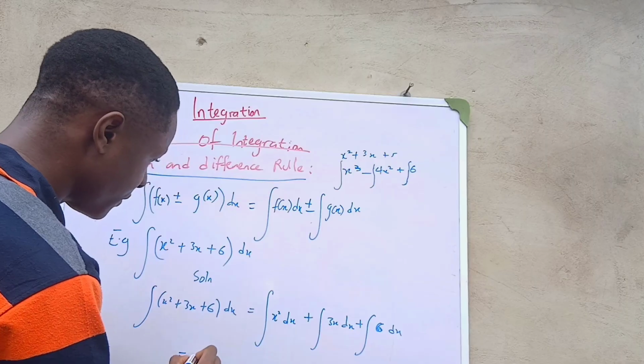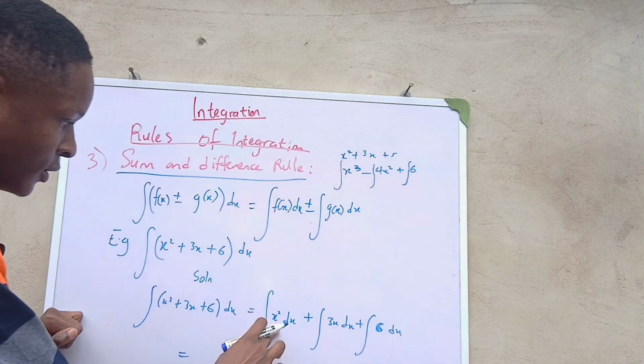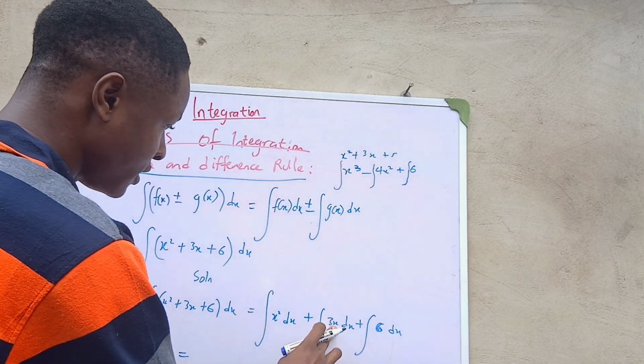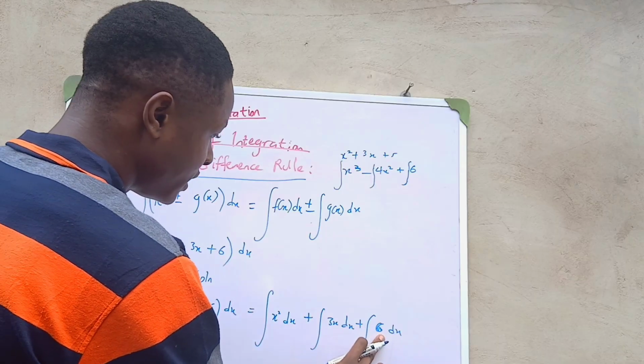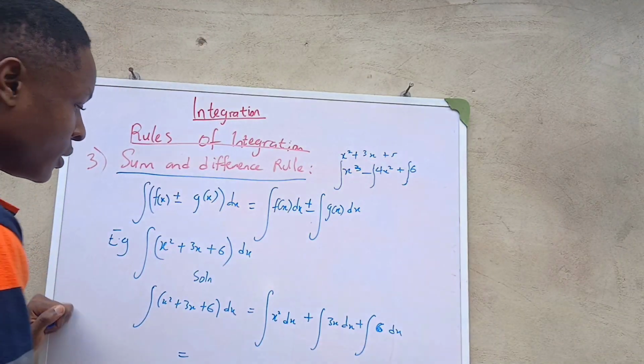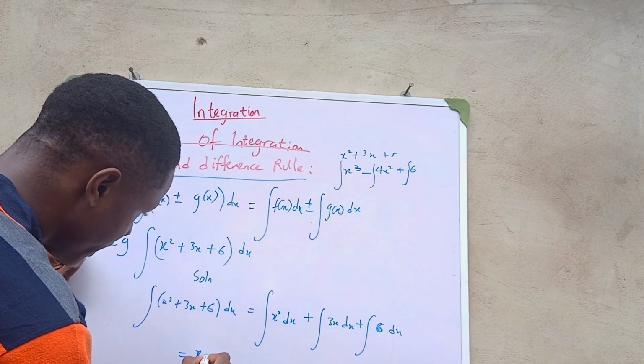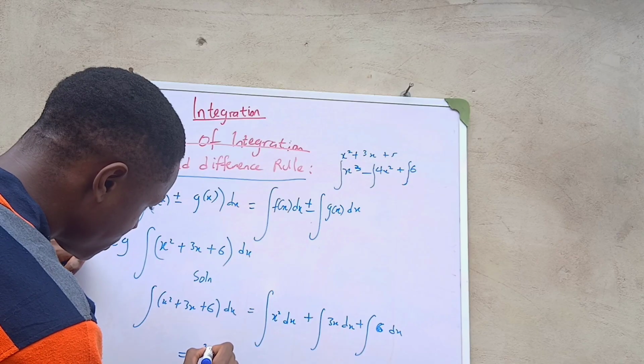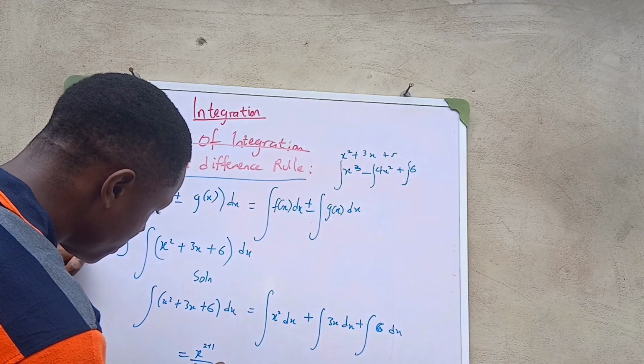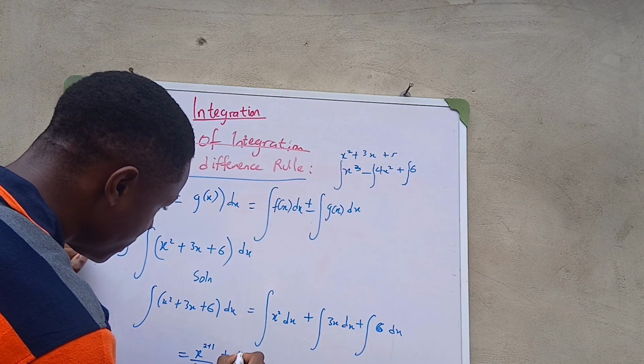We'll now be left with integrating each. For this we use the power rule, for this we use the power rule, and for this we use the constant rule. So now we have x to the power 2 plus 1 all over 2 plus 1, plus